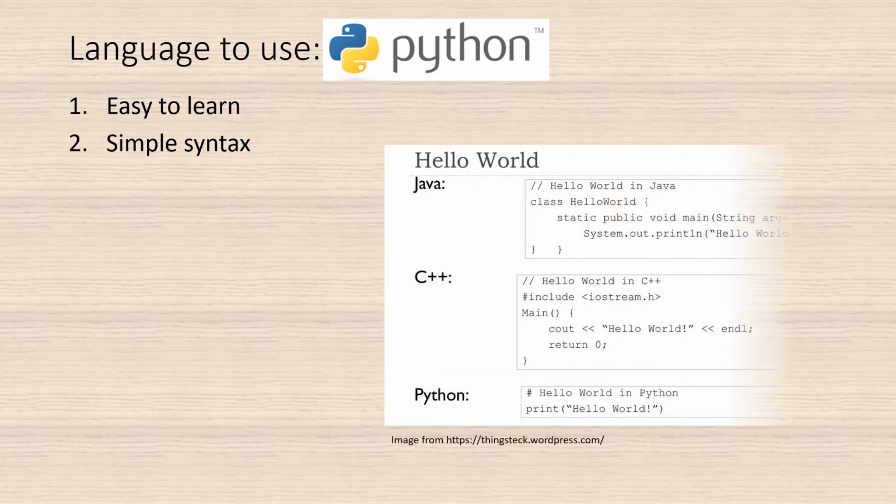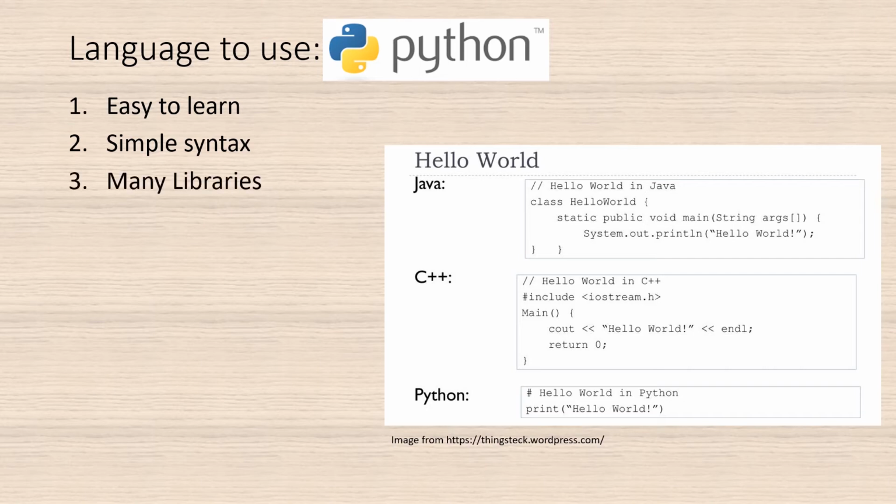Here's an example between Java, C++, and Python that will give hello world as output of the program. The first line for each one is the comment, which will be ignored by the computer. Pretty easy, right? 3. Python is supported with many libraries, or collections of functions developed by other developers. What kind of functions, you may ask? So, the examples of functions include the function to plot a chart, to perform conversions of units, and to perform complex mathematical calculations. These functions consist of lines of code that make them work as intended, or in simple English, simple things make a complex thing work.